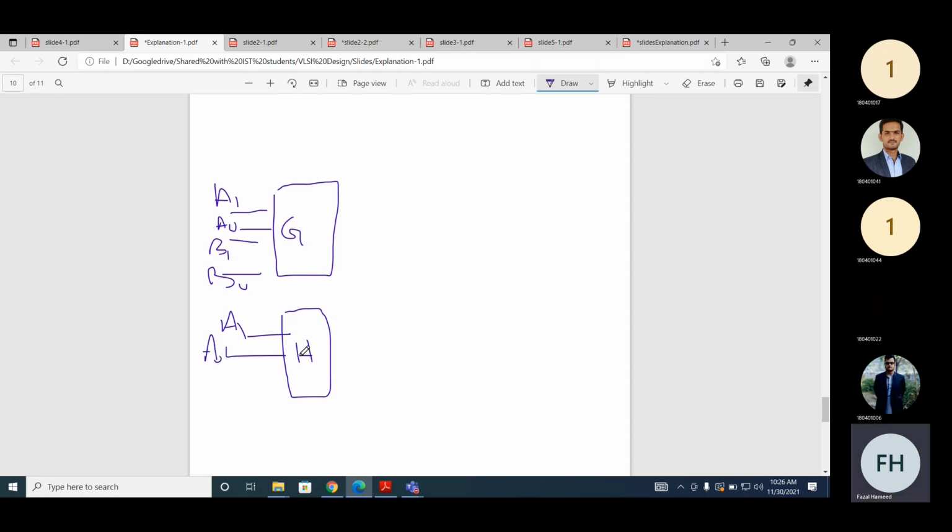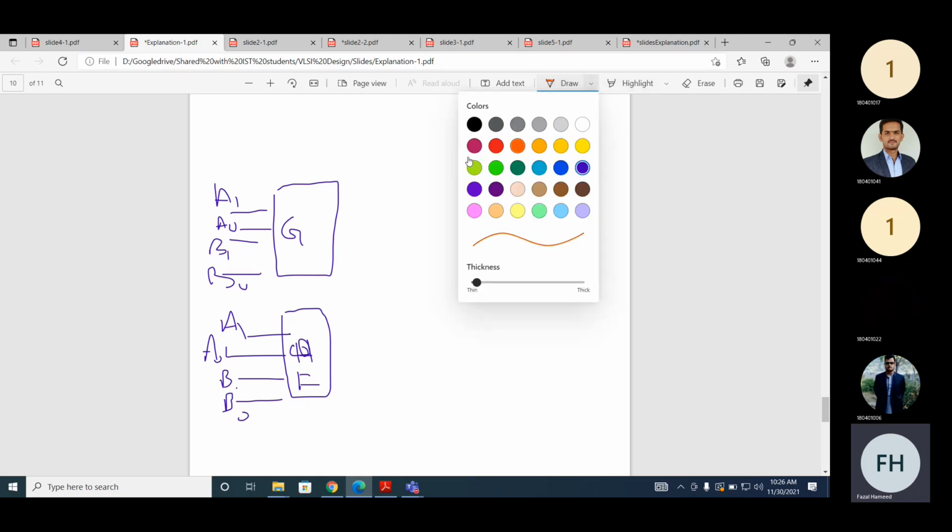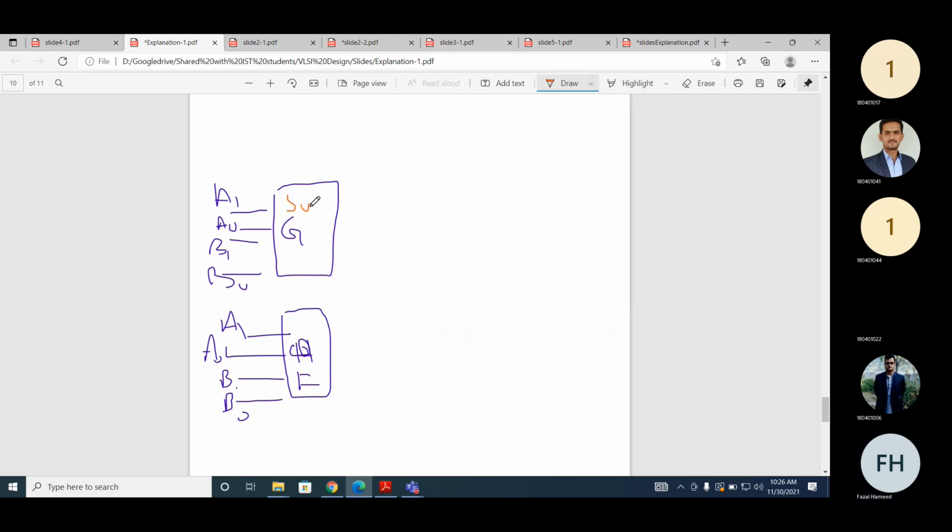Sorry, this is the F function, not H. What will this G function implement? Sum 1. And what will this F function implement? Sum 0.